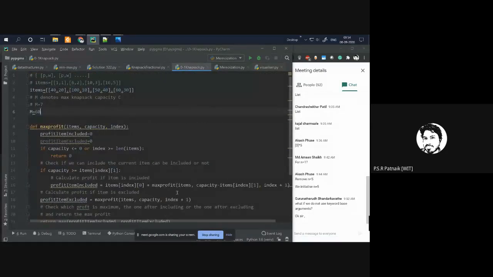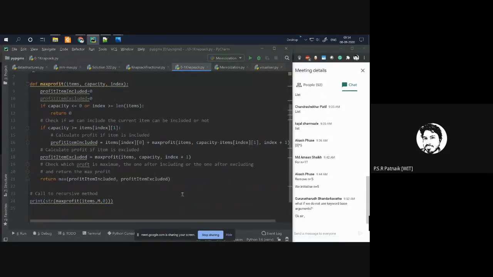Now, the trick to apply memoization is always in the recursion tree. You have to first explore the recursion tree, find out how the recursion tree is being generated, find out if some calls are being computed again and again. If they are computed again and again, store them in a table. That should be the approach. Remember, without looking at the recursion tree, if you apply memoization, it might not be that intuitive or that clear. So before applying memoization, you have to analyze the recursion tree.